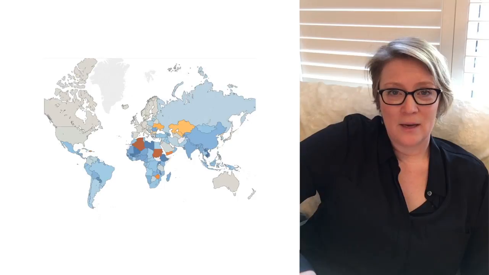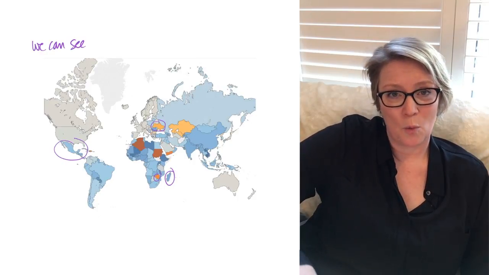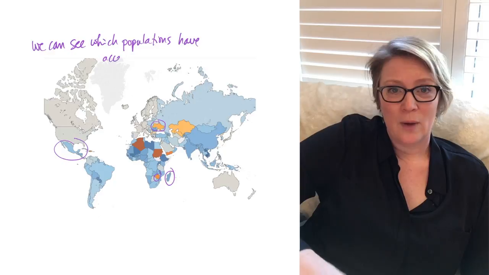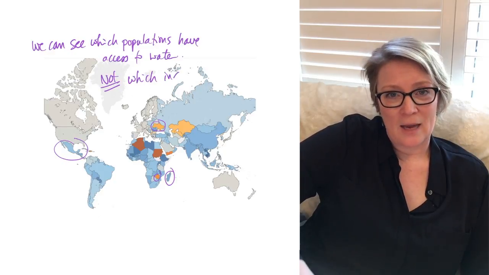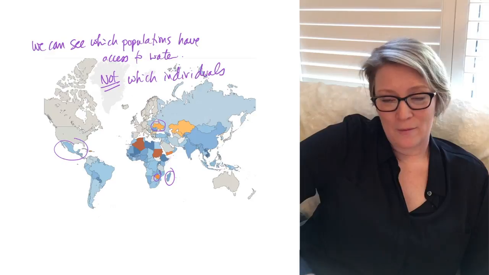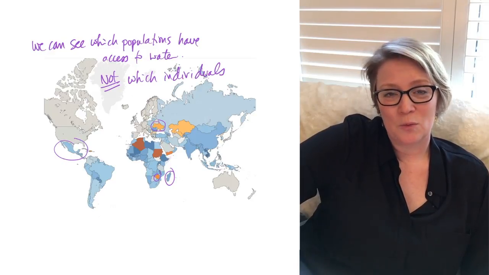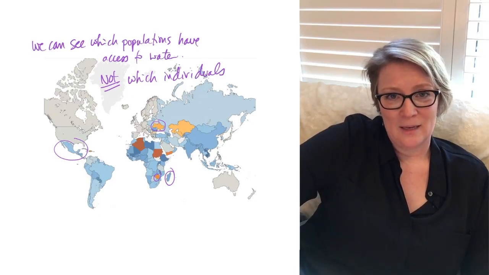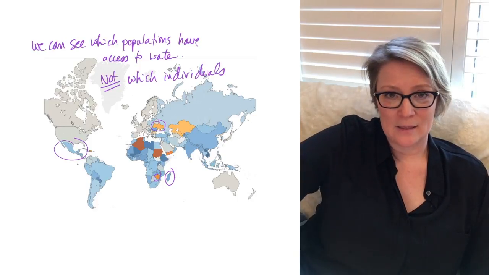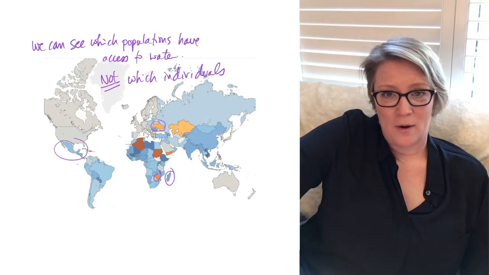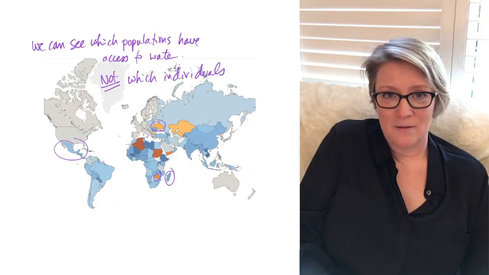So again, in our example here, so far we're looking at the data in countries. So we can see which countries are more and less likely to have their population have access to drinking water. That, however, does not mean that for each individual within that country, they are having the same trend of being more or less likely to be able to access water. It is very possible that in country X, there's a 10% increase in the likelihood of a person having access to water. However, in this individual person's life, they could be much less likely to access water because of their